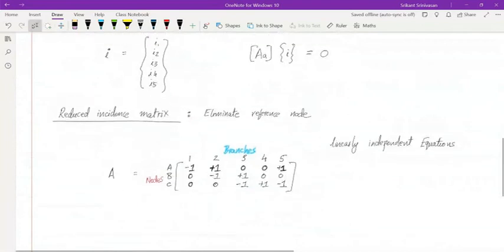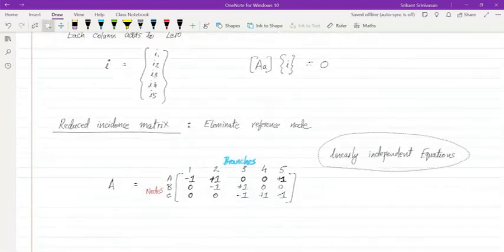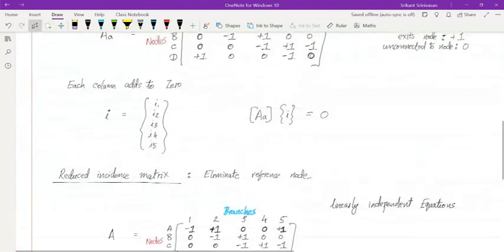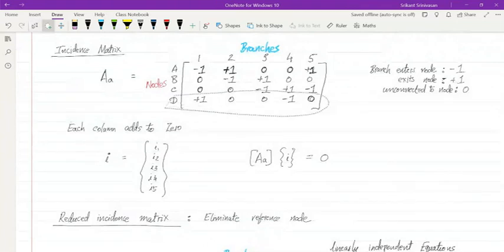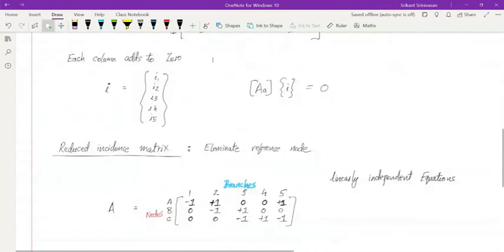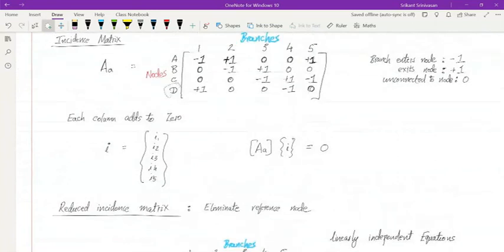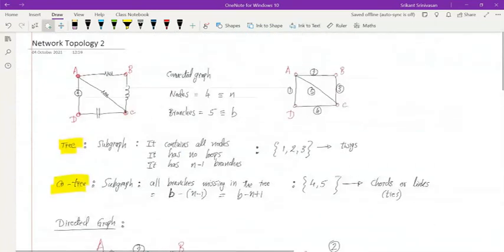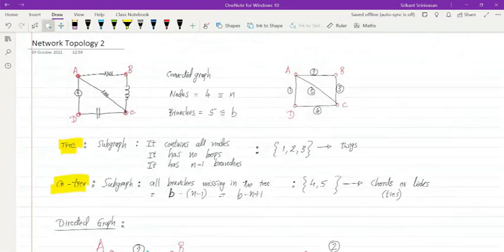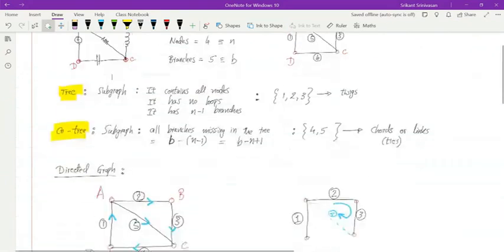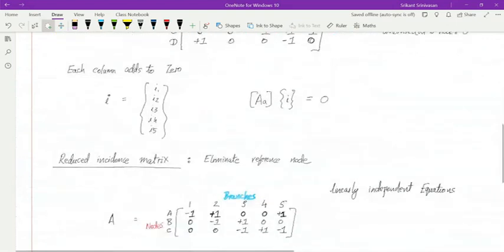So this incidence matrix is basically telling you what are those linearly independent equations. And what we did is we eliminated from the original incidence matrix, we put one node as ground. Okay. And thus you got the reduced incidence matrix. We have to take one node as ground because when you're saying that I want to find out what is the voltages in the circuit, in the end of the day, the voltage source is connected between some active point and some ground terminal. So there has to always be a reference terminal. With respect to that only, you can find out what are the voltages, right? This is something I discussed in the first class itself. So that is what is going on here.